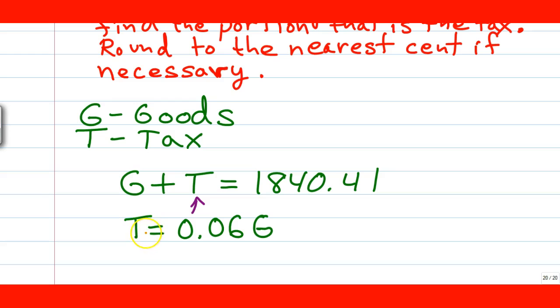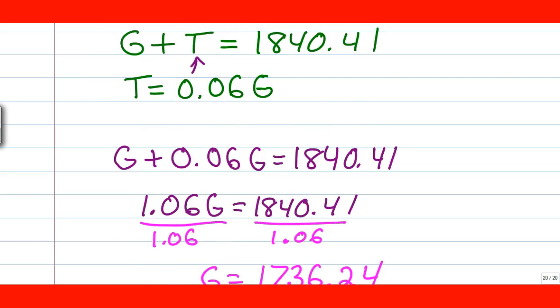The next one comes from knowledge that we already possess. We know that when we make a purchase of something, they take the sum of all the goods and they multiply it by the sales tax in decimal form. So I'm going to take that 6% sales tax and put it into a decimal form, which is 0.06, and multiply it to the G, which is going to represent our goods. So now I have a formula for T. I can take that value for T and plug it into the T on my first formula. So I'm going to end up with G plus 0.06 G equals